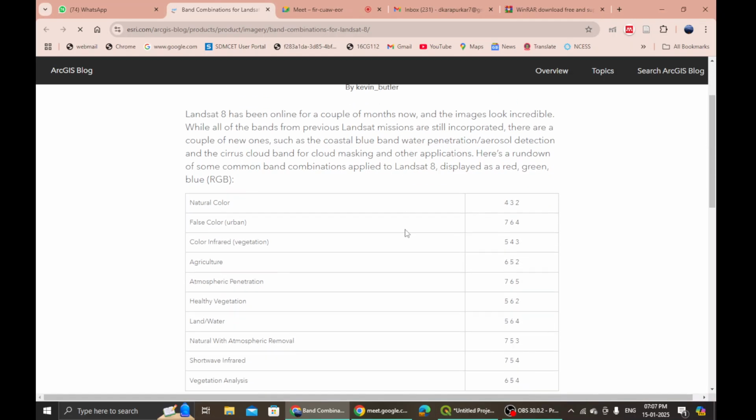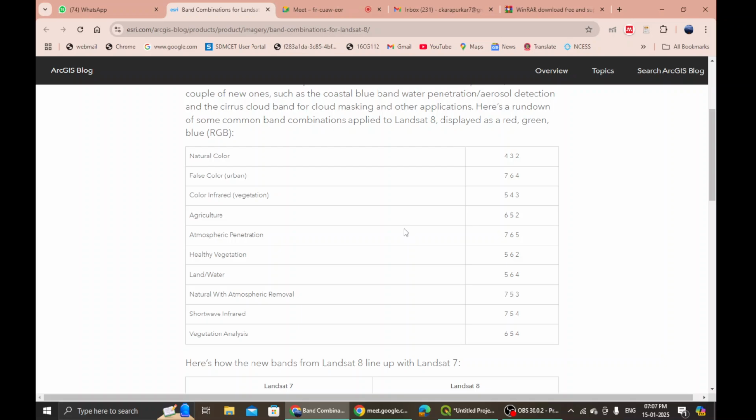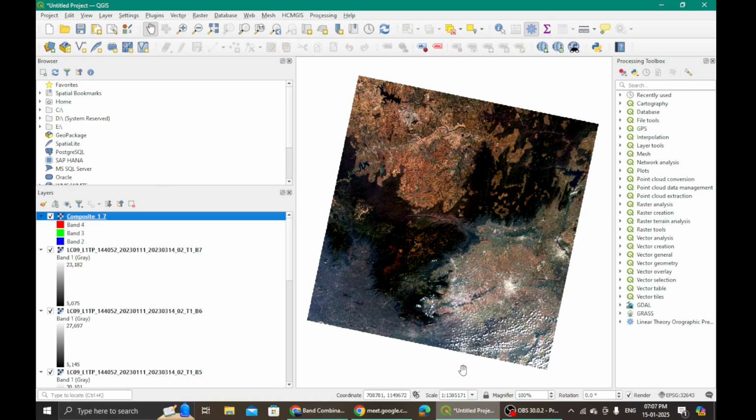All right. So these are the band composite combinations that I am interested in. I hope you can see me. That should get you involved. These are the band composites that we will try making a map with.